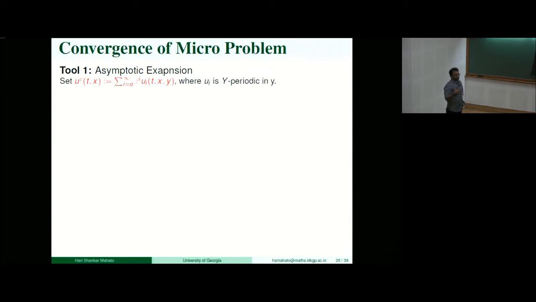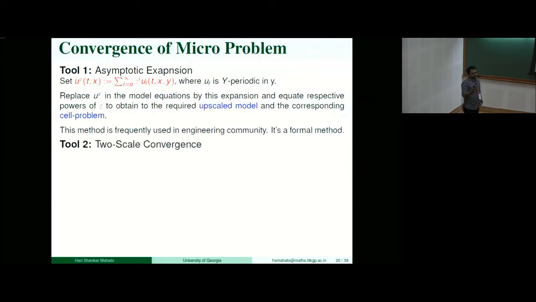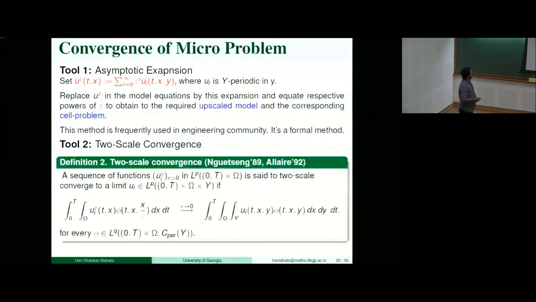Now that we had the existence of solution, the second task was to obtain the upscaled model or homogenized model. So one method was to use the asymptotic expansion, which was not that interesting to us because we wanted to have two-scale convergence. So we wanted to address the homogenized model more from the two-scale convergence point of view. And I'm pretty sure throughout this workshop, you may have got the definition of two-scale convergence.